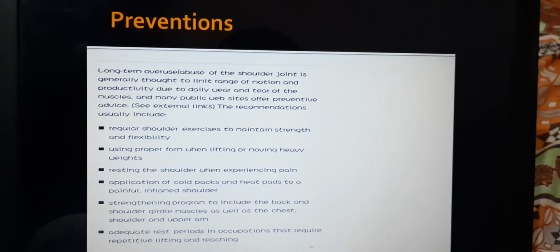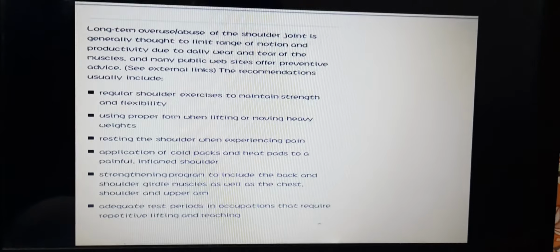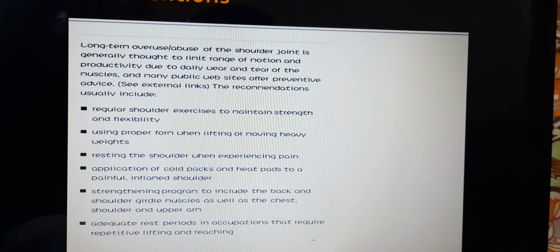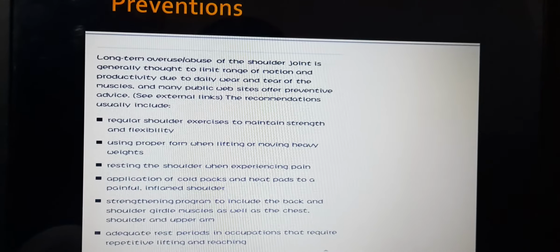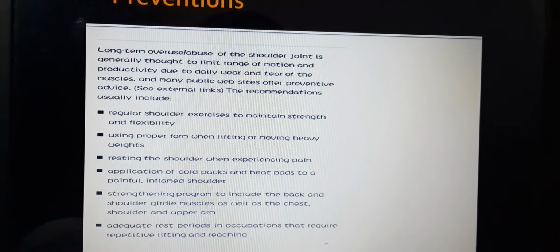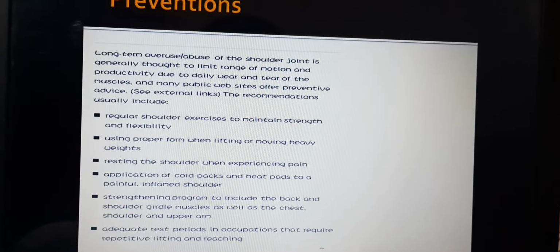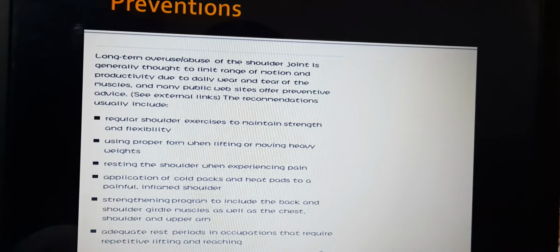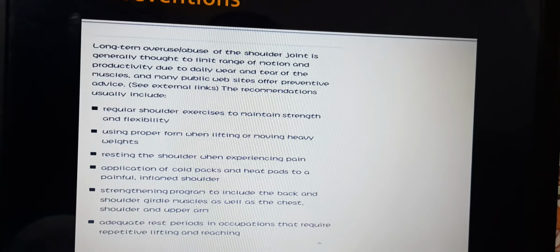Precautions. Long-term overuse of the shoulder joint is generally thought to limit ROM and productivity due to daily wear and tear of the muscles, and many public websites offer preventive advice. Recommendations include regular shoulder exercises to maintain strength and flexibility, using proper form when lifting or moving heavy weights, resting the shoulder when experiencing pain,